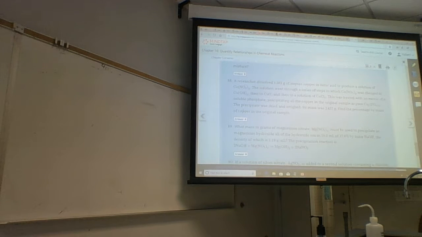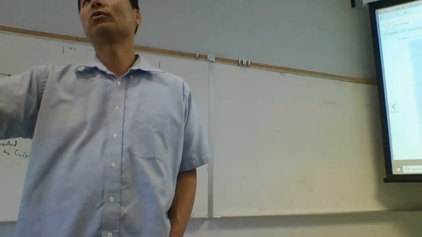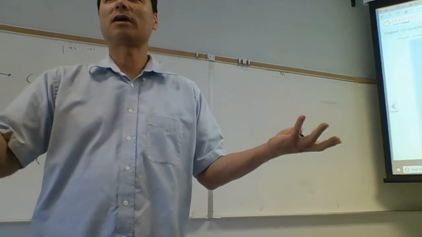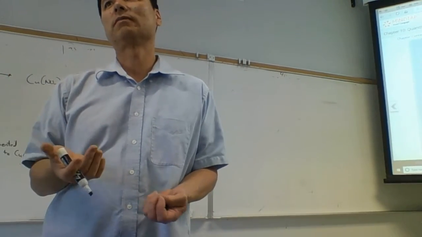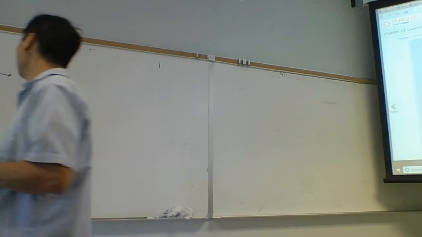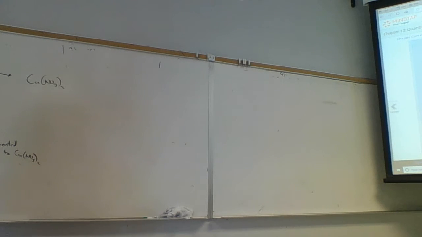So what this tells me is I don't even have to come up with an equation. This is a time saver because here I can just say that all the copper I had, if I had 1 gram originally, then all 1 gram of that copper ends up in copper 2 nitrate. And so it's just a time saver. Otherwise, I'll have to write out the equation. You know, writing out the equation for copper is not too bad if you use the chart method. And single replacement doesn't work